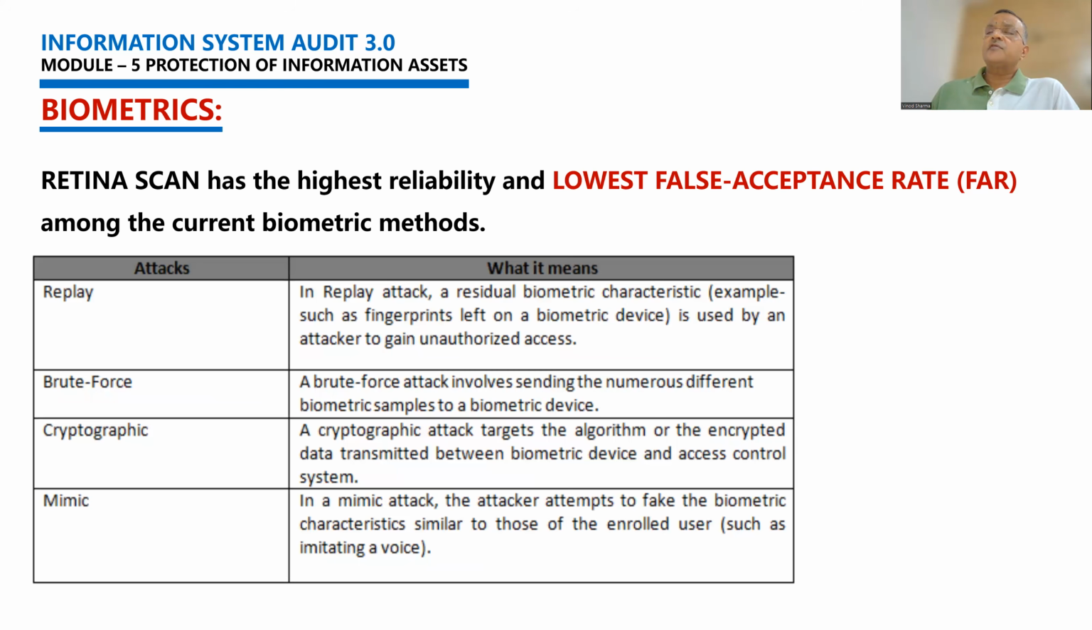indicators, like, for instance, my voice, my fingerprints, may change over a period of time. For example, my voice, if I'm having a cold, it may change. So the false acceptance rate may be affected. But in retina scan, you will find that because it normally does not change, it has the highest reliability as far as false acceptance rate is concerned,